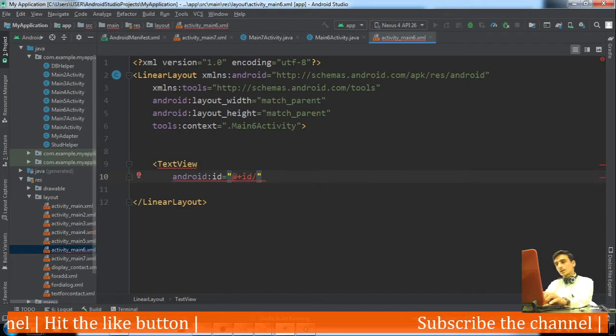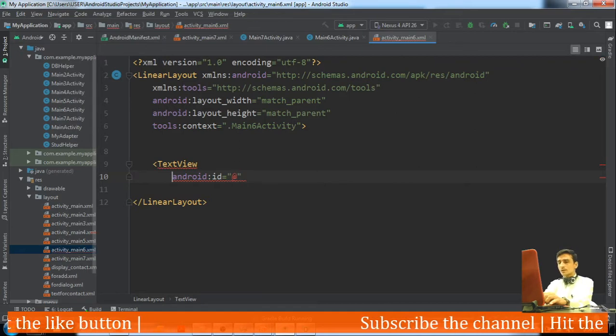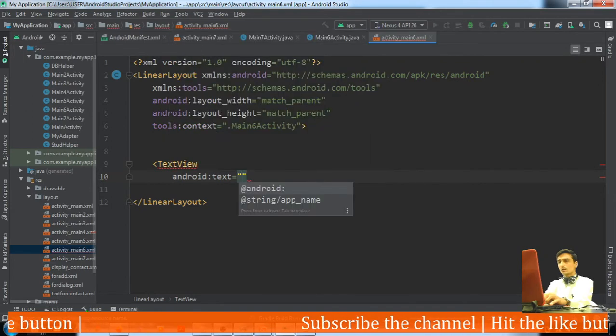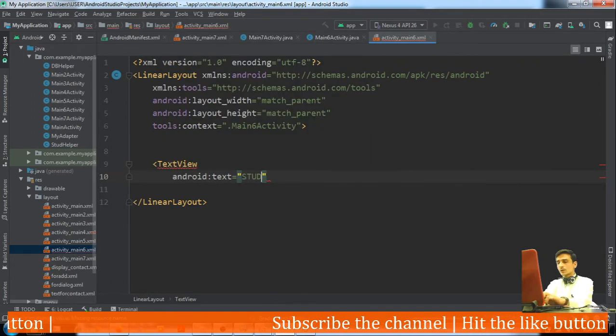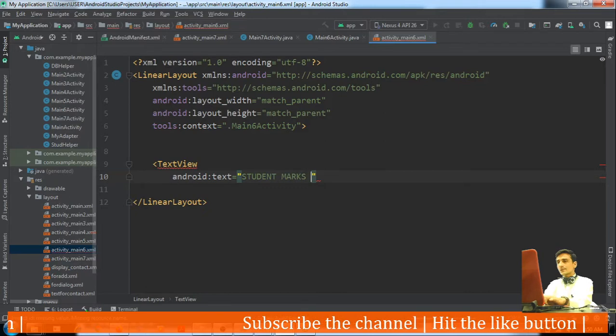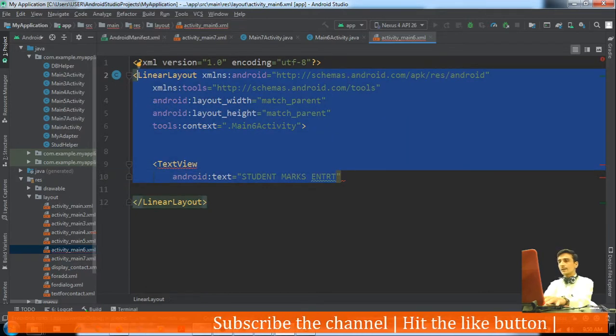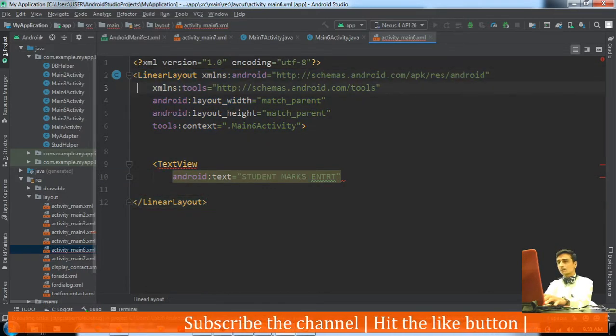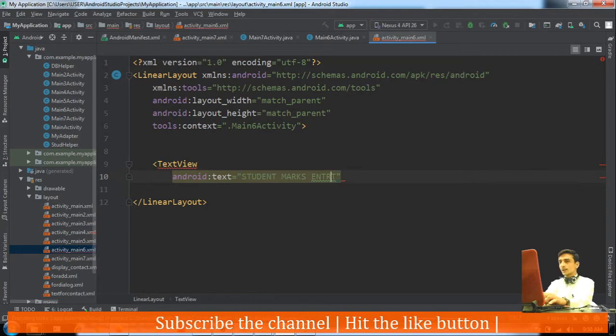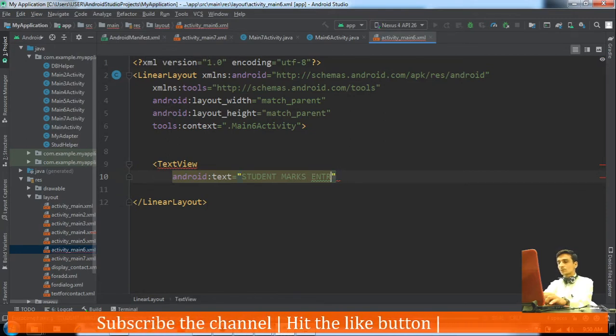The ID is not needed here because it is just displaying information. So I would just set the required attributes: student marks entry, or grade entry, we can say. It is the title given for the page or layout.